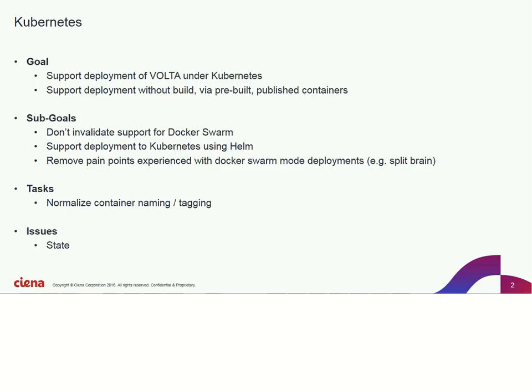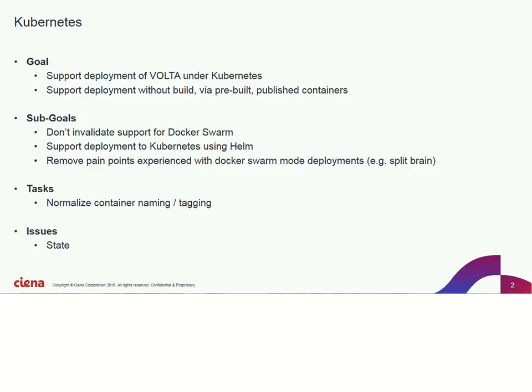So that's 2.0. And anything on the Kubernetes side? So you listed the issues, right? The state. The more stateless the containers are, the better. And part of the disaggregation of vOLTHA that we're talking about, read-only containers versus the read-write containers, is all part of that. A read-only container is a database proxy. It's essentially stateless, so it can go down and back up, and there's no need to worry about which one you're making a request to, because they all have access to the same etcd database for their information.